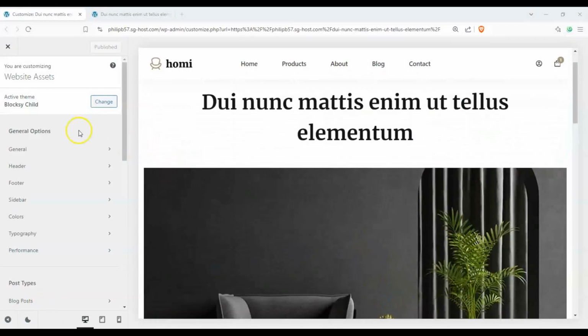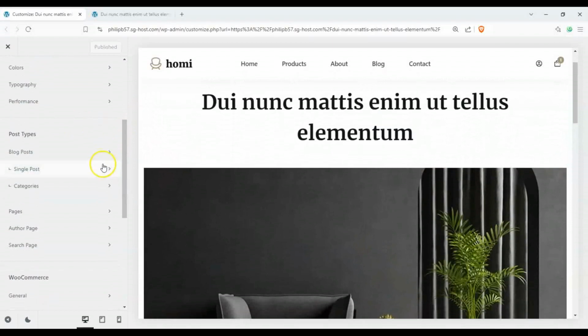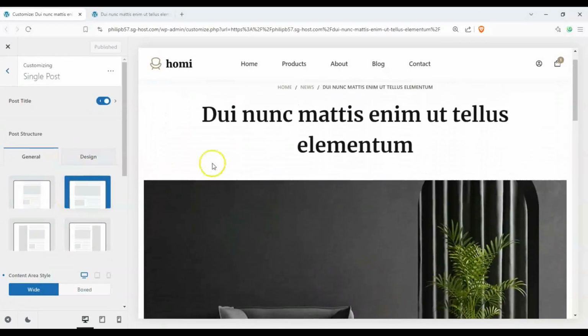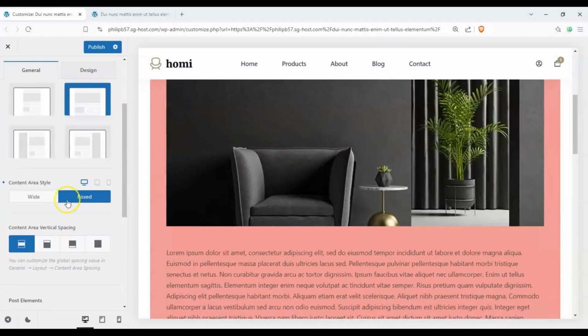Okay, so we have our preview here and we have our settings over here on the left-hand side. Let's scroll down to post types, click on single post, and of the four options, we have left sidebar, right sidebar, narrow width, and normal width, right? But this is still a bit too wide for us. Now let's go down here and we can choose boxed, and that squishes things down a bit,